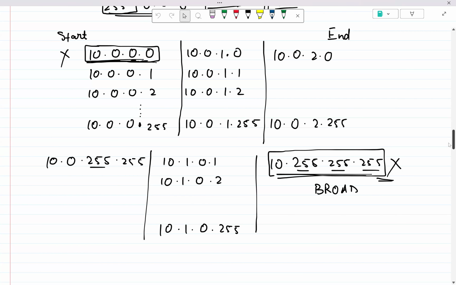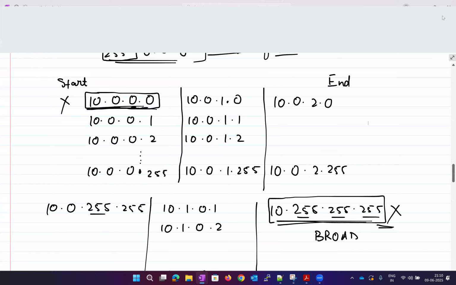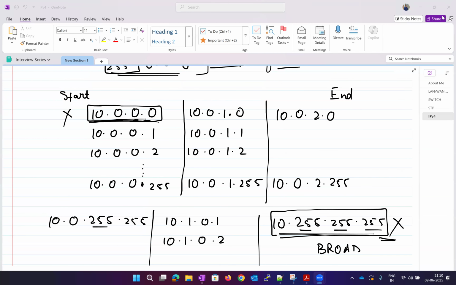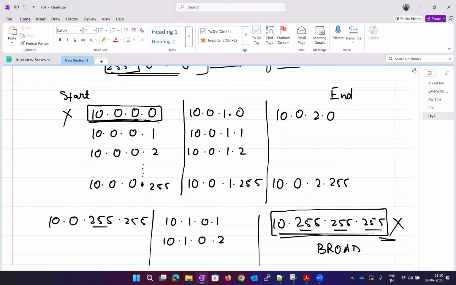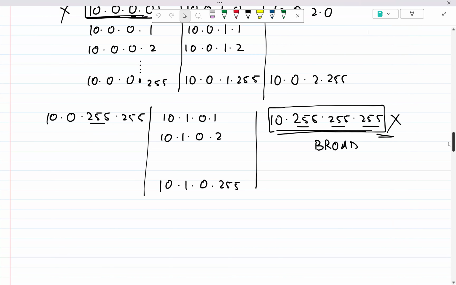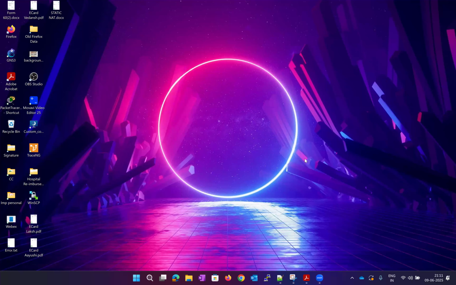Okay, so what we are going to do is an exercise today. Before I jump on to the exercise, let us discuss a few things. When someone says find the range of an IP address, we just saw how to find the range of an IP address, or we tried to understand what is the range of an IP address. Okay. So for example, when I said, give me